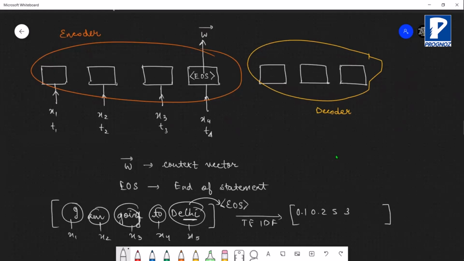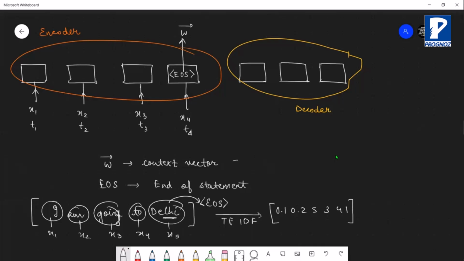So this is the context vector. Context vector is nothing but the vectorial representation of your text input at different time steps. So in the context vector, suppose the text x1, when converted into a number, came out as 0.1. Similarly the second one came out as 0.2, then let's say 5, and the fourth one came out as, say, 3. So the context vector will have all of these: 0.1, 0.2, 5 and 3.